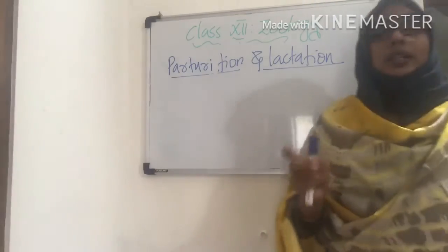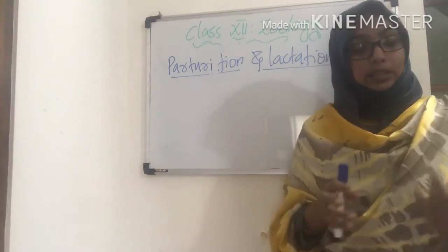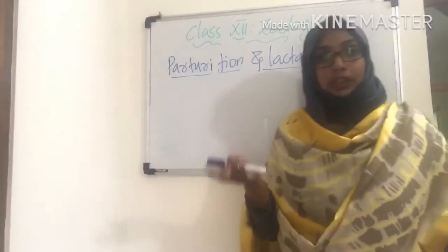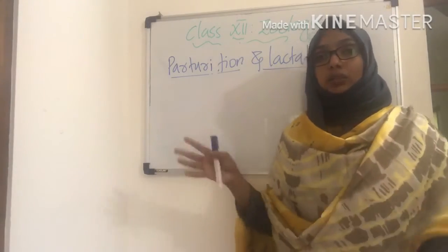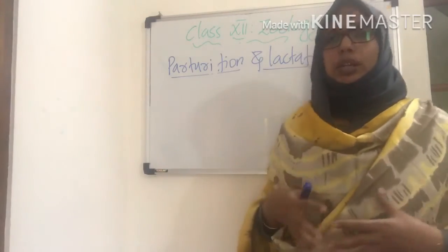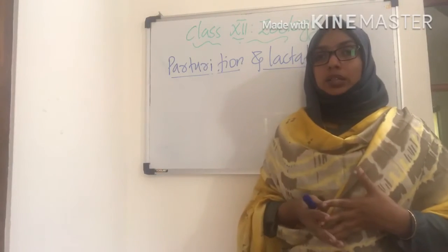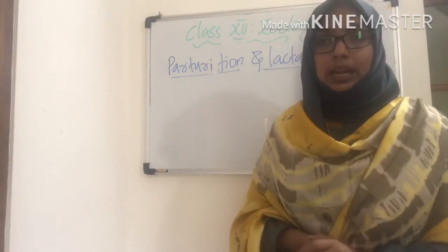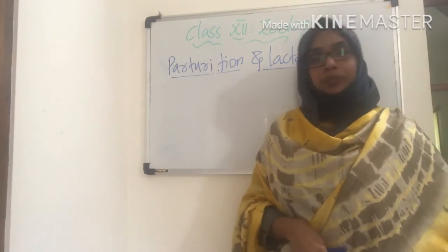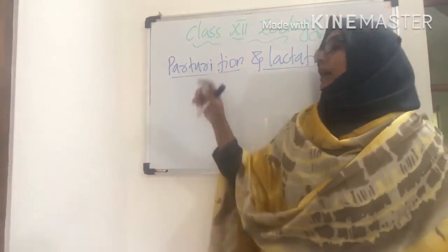So the vigorous contraction and relaxation, vigorous contraction of the uterine muscles after the fully developed baby. We discussed now the baby is fully developed, right? So after the fully developed baby, what is the next thing that should happen? The vigorous contraction of the uterine muscles would lead to the expulsion of the baby from the uterus to outside through the birth canal. That is known as parturition or the childbirth. Clear? The child delivery. So biologically it is termed as parturition.